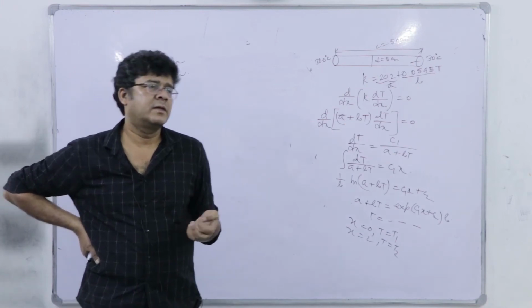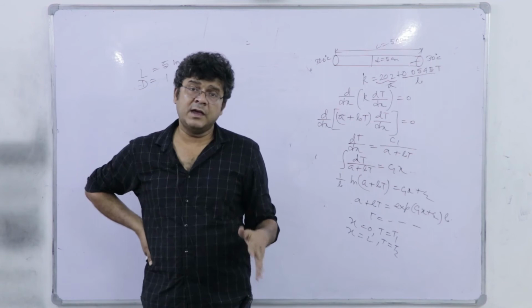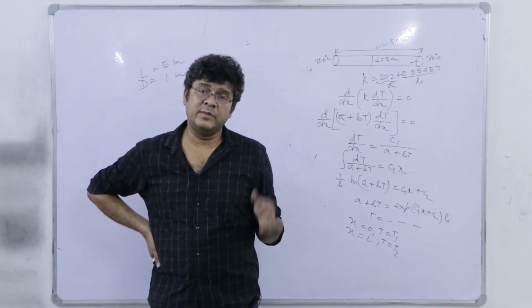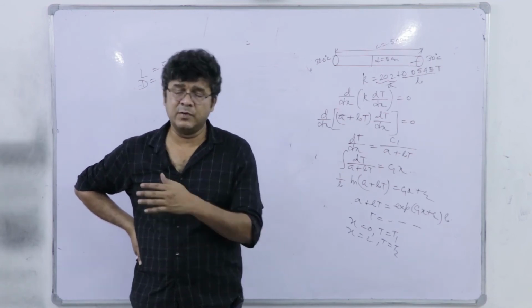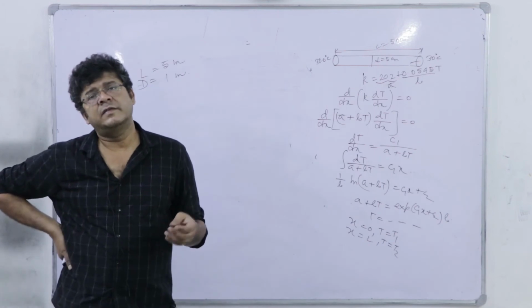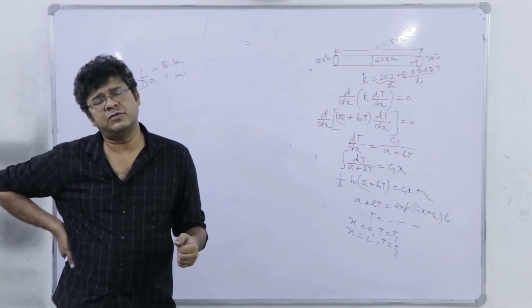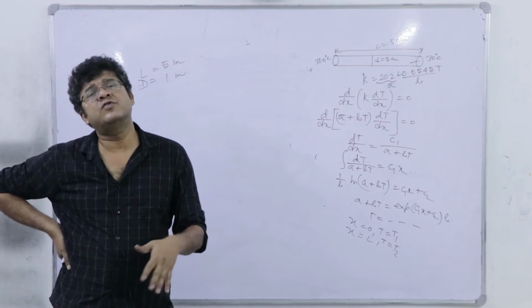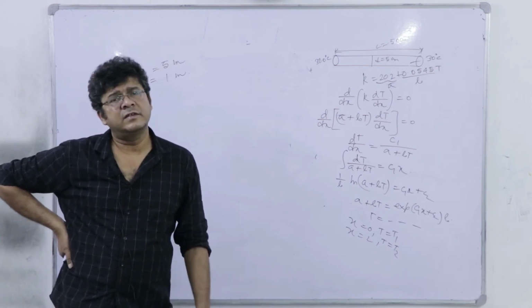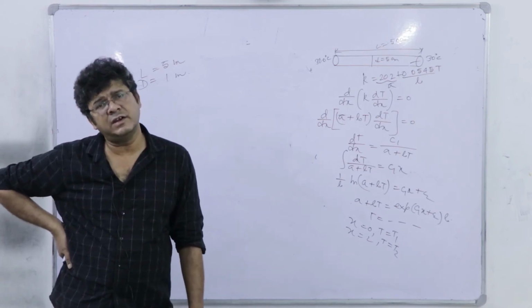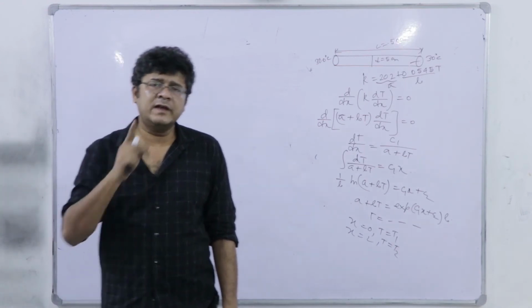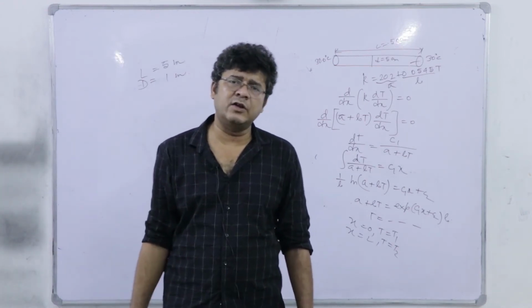Even keeping in mind that steam is a corrosive fluid, and generally a corrosive fluid, as we will see later in heat exchangers, should be delivered to the tube side, still we should go for delivering the steam, that is the condensing fluid, in the shell side. Now, next question: whether it should be vertical or horizontal.